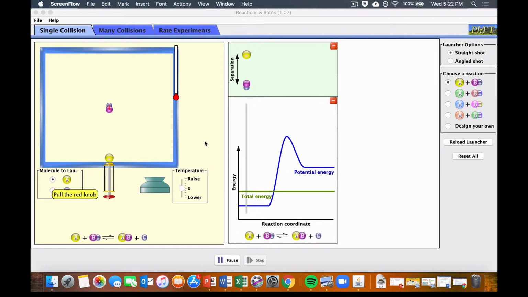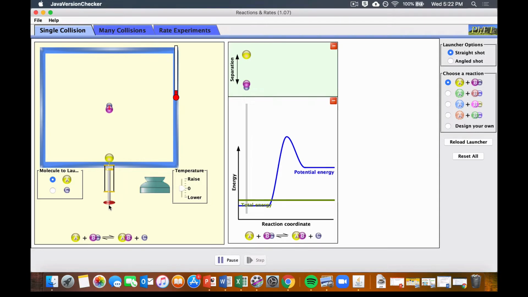So in this first little simulation, I have a reaction, A plus B, gray, and when the reaction happens, I make AB, so B comes in and bonds with A, and then this little gray ball C is by itself. How the simulation works is if I pull this knob back, I put some amount of energy in, and that's the amount of energy I'm putting into the yellow ball. So if I put this amount of energy in, total energy that's below all the rest of this,